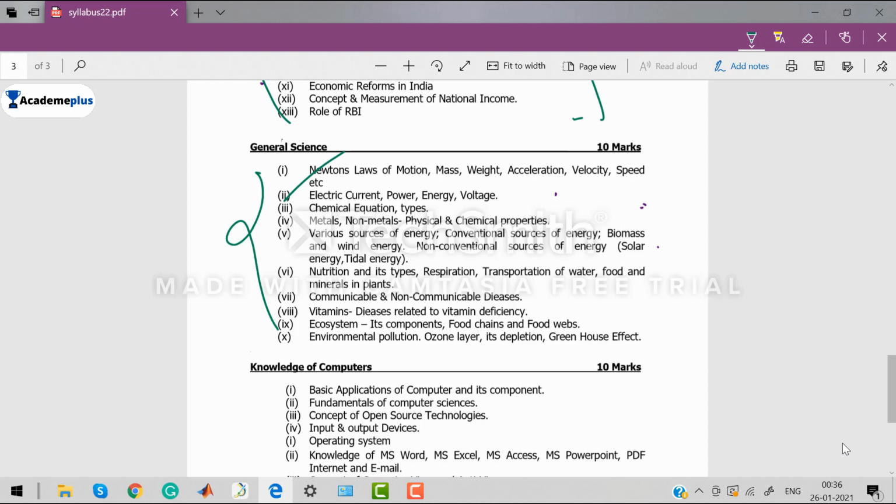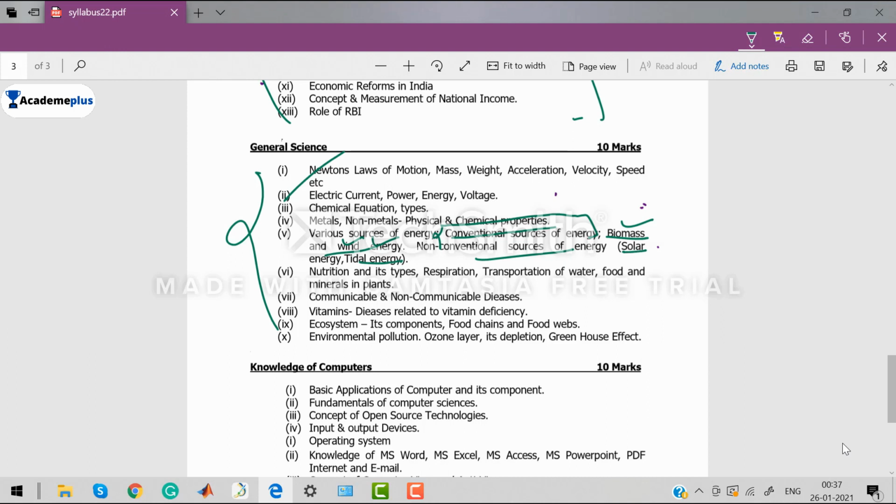देखिए यहाँ पर बहुत सारे स्टूडेंट्स कंफ्यूज हुए होंगे। हाँ, कन्वेंशनल सोर्स ऑफ एनर्जी पढ़ना है, देन बायोमास पढ़ना है, विंड एनर्जी पढ़नी है, नॉन कन्वेंशनल सोर्स ऑफ एनर्जी पढ़नी है। सो दे हैड मेड अ मिस्टेक हियर, राइट? कन्वेंशनल सोर्स ऑफ एनर्जी में नॉन रिन्यूएबल एनर्जी उन्हें हम बोलते हैं, उनमें से बायोमास और विंड एनर्जी नहीं आएगा, बिकॉज नॉन कन्वेंशनल एनर्जी सोर्स उनको हम कहते हैं जो हम रिन्यू कर सकते हैं, राइट? तो उनमें से बायोमास भी आता है, विंड एनर्जी भी आती है, देन देयर इज सोलर,